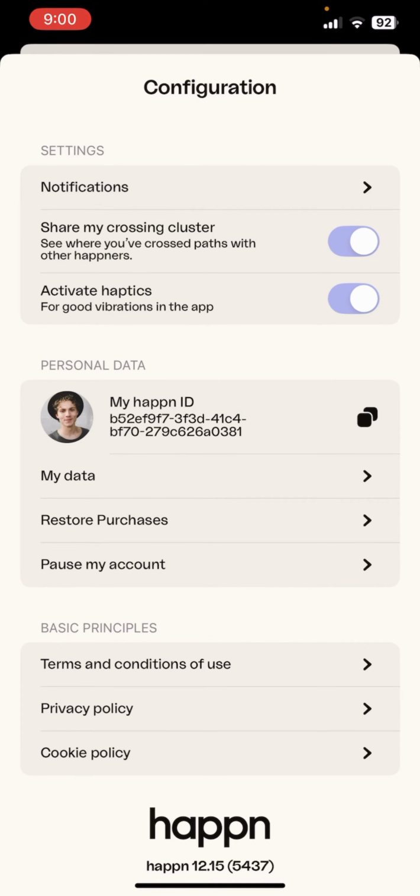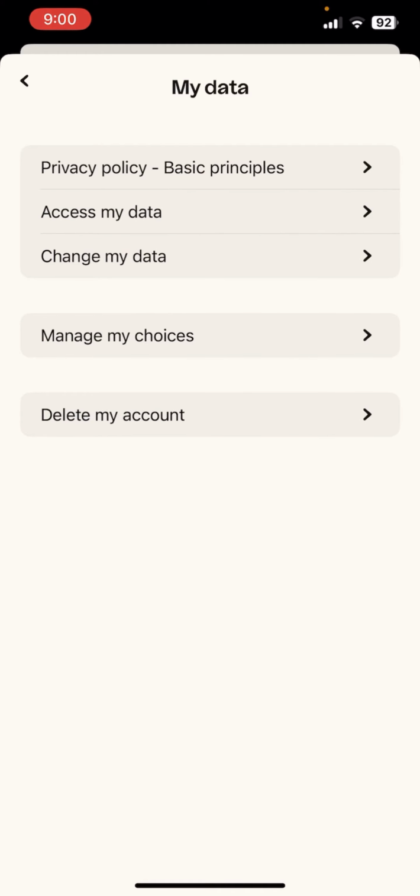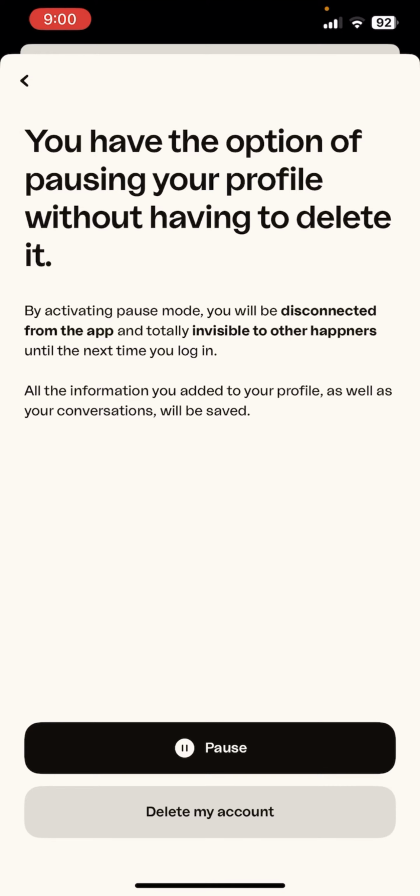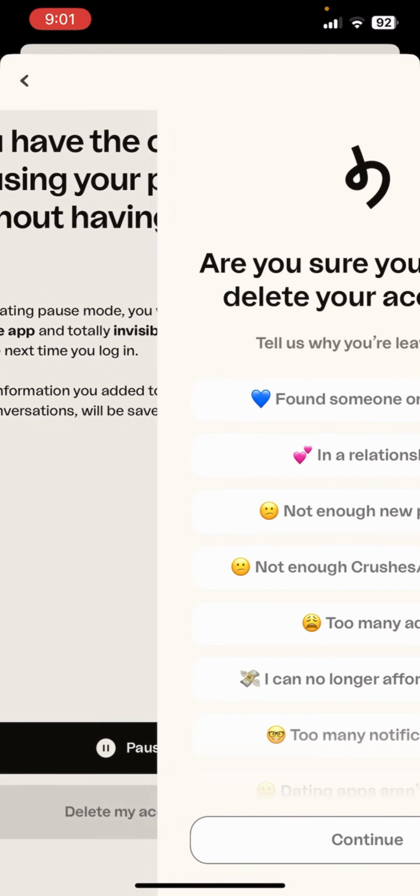So let's tap on that My Data, and finally you can see Delete My Account at the bottom of this section. So let's select that Delete My Account, and you can see it says you have the option of pausing your profile without having to delete it. What it basically means is you can take a break from your Happn app by tapping on Pause, but if you want to straight delete it, then simply tap on Delete My Account, and then you need